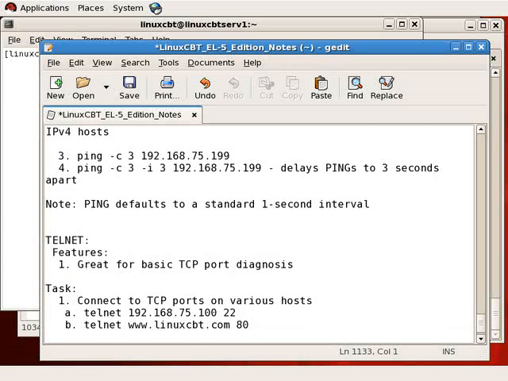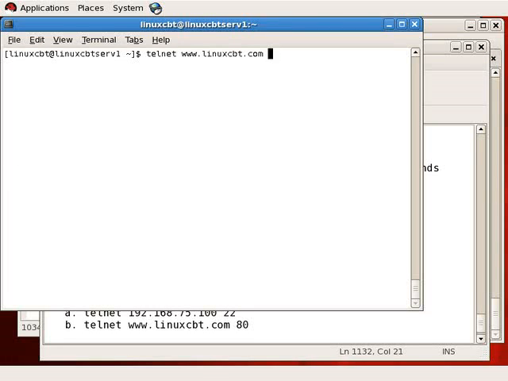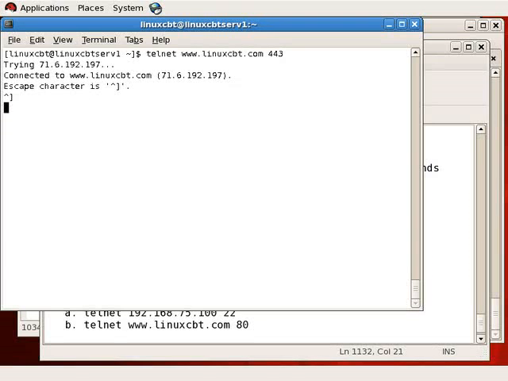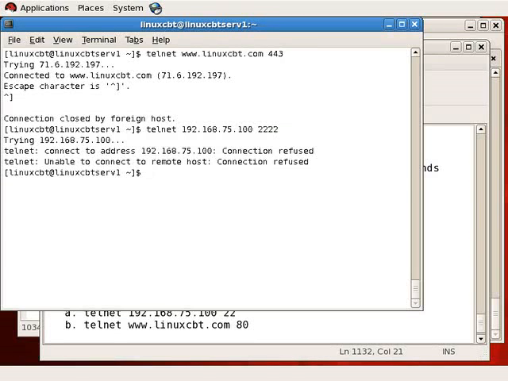So with that said, you can use Telnet to connect to TCP ports on various hosts. It doesn't work with UDP, as UDP is connectionless. It doesn't support connection statuses. So you can connect to TCP ports, whatever you'd like, even SSL ports, to see if it picks up. For example, a Telnet to www.linuxcbt.com on 443 will pick up the phone, as it indeed returns for SSL. That doesn't return anything readable to our screen because it's all encrypted, it's garbled,